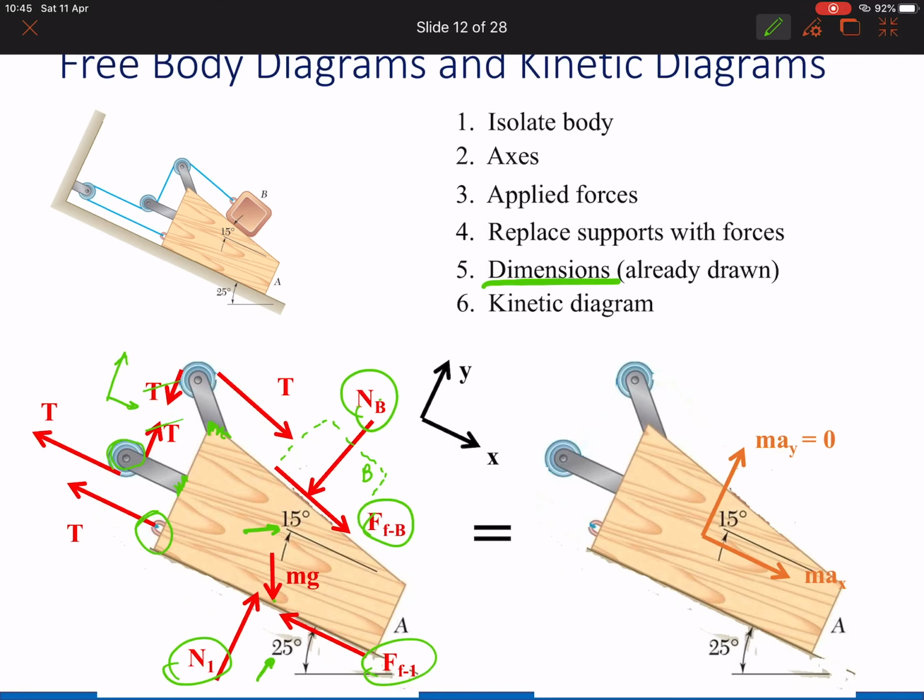And kinetic diagrams. So we have no movement on the y-axis. How do we know? If you have a movement on the y-axis here, that means your box is jumping up, which is not the case. Your box will rest on the ground all the time. So there's no movement of the box in the y-axis, so you can say it's 0. And on the x-axis, this now becomes interesting. So now we have a movement in the x-axis here, right? Okay, so